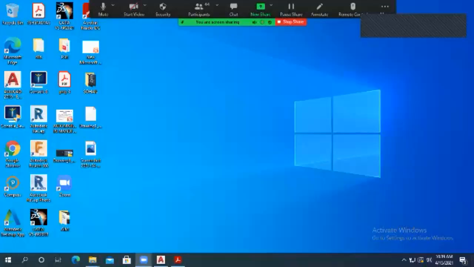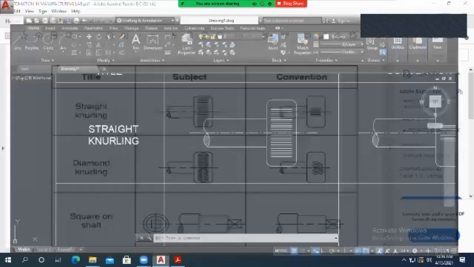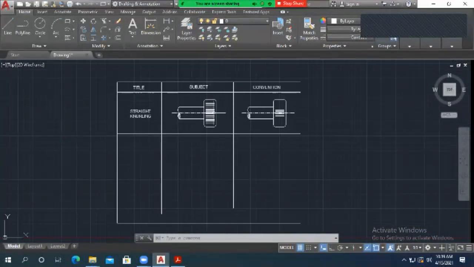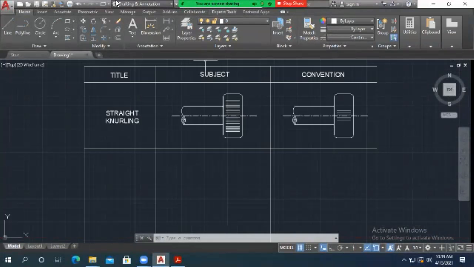Okay, that is not opening. So okay, that was about straight knurling. Now